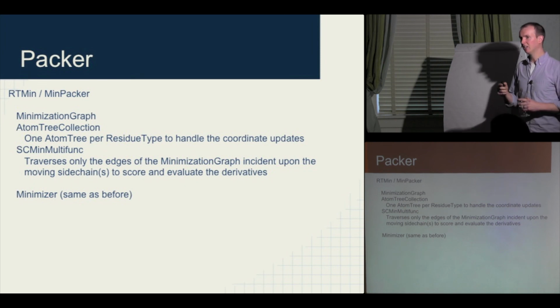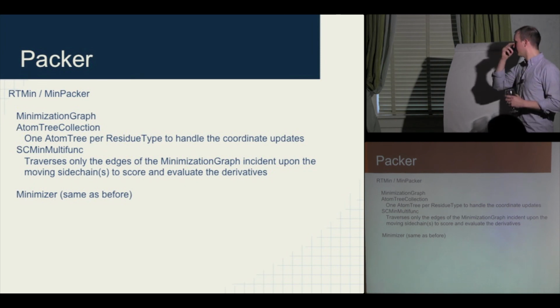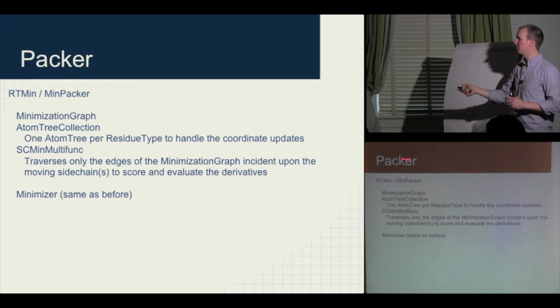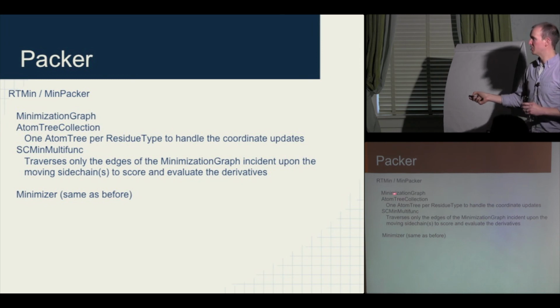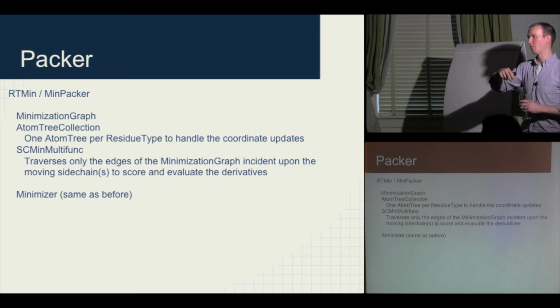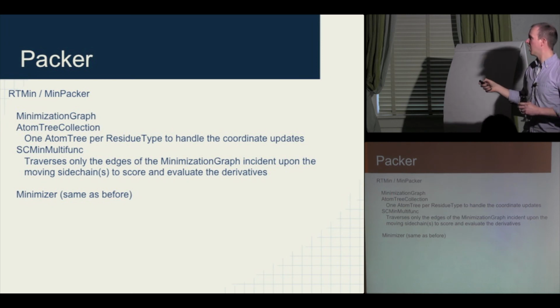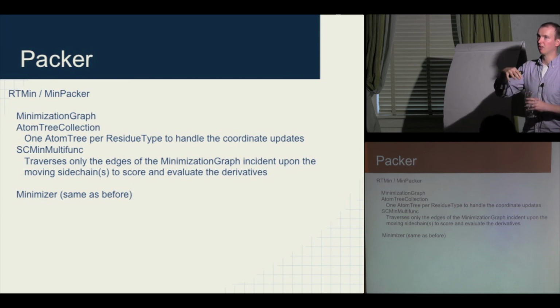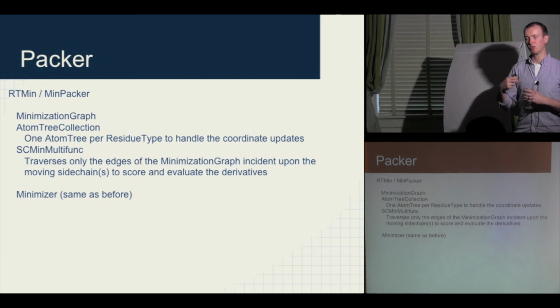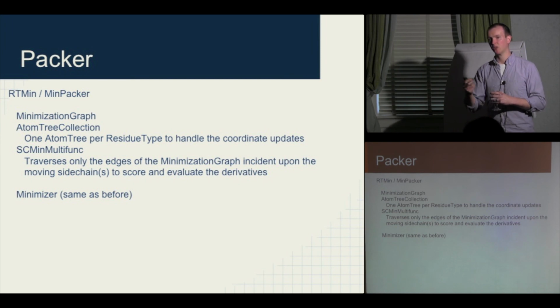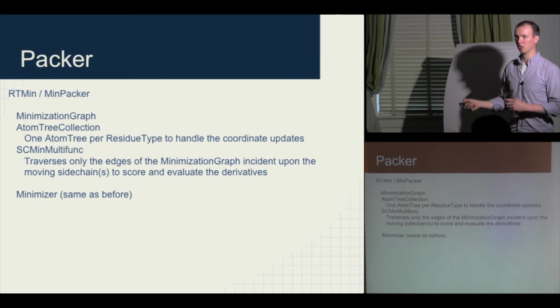Okay, and the last thing that I'm going to say is, returning to the Packer briefly, there are two parts that do the continuous rotamer optimization. We have the minimization graph that's used. It's constructed so that each residue in the whole protein is going to have a node in this graph, and the edges are going to be to the surrounding residues. And then I have this class, an atom tree collection, which is responsible for doing the kinematics and derivative logic for a single residue. And then I have one atom tree per residue type